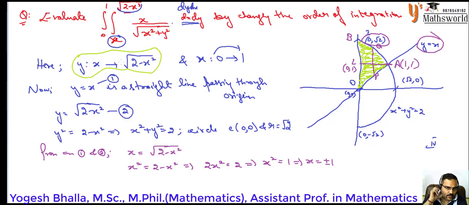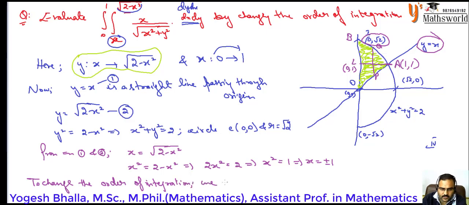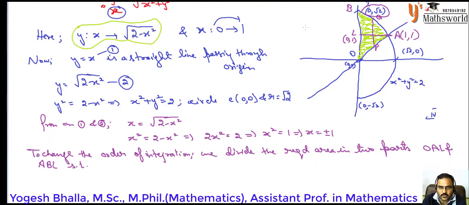So what we do, we divide the given required area in two parts. To change the order of integration, we divide the required area in two parts, OAL, and the second one will be ABL, such that let P1Q1 be the strip in this case, such that P1 and Q1 be the horizontal strip in OAL